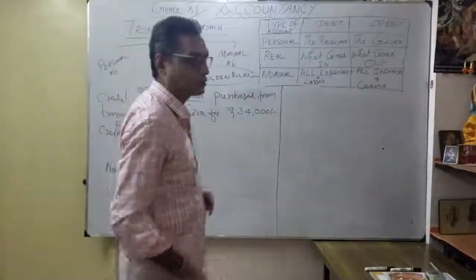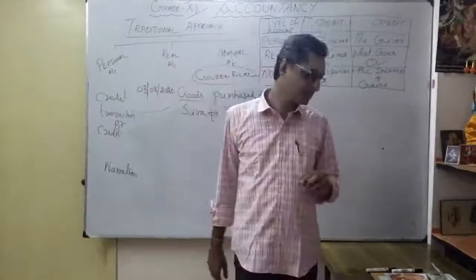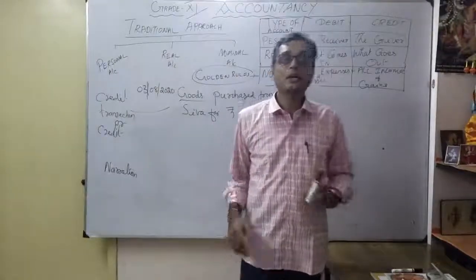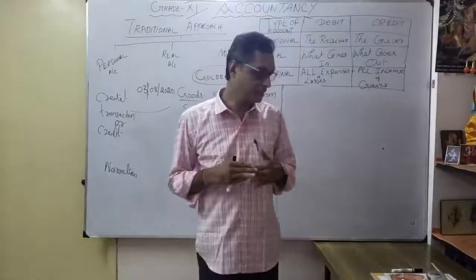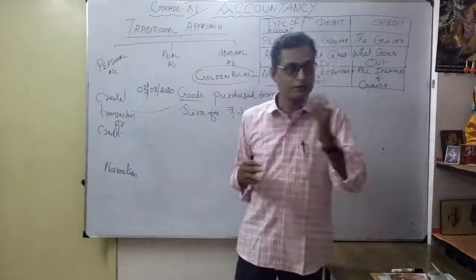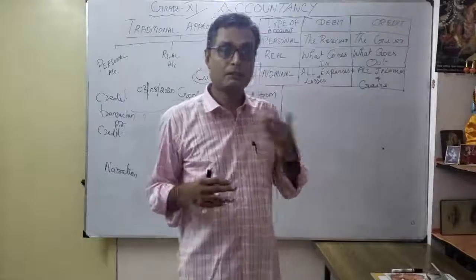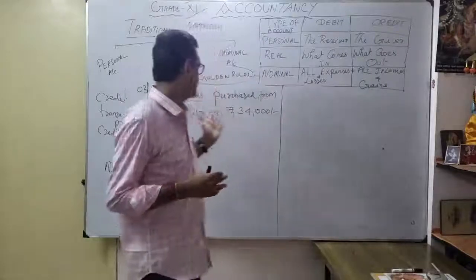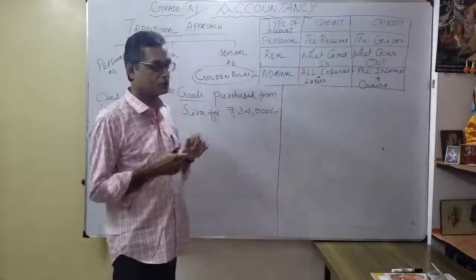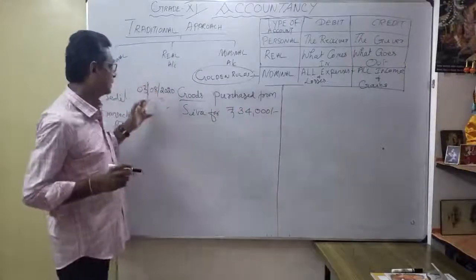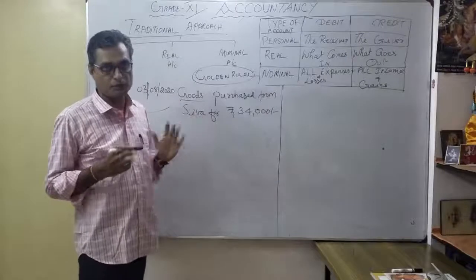Okay, so now you understood credit sales and repayment of credit sales, how the debtors repaid whenever enjoying discount allowed. Now the example about purchases, the credit purchases. For example, goods purchased from Shiva for 34,000. The date is the same, 3rd August 2020. So how to form the journal entry?